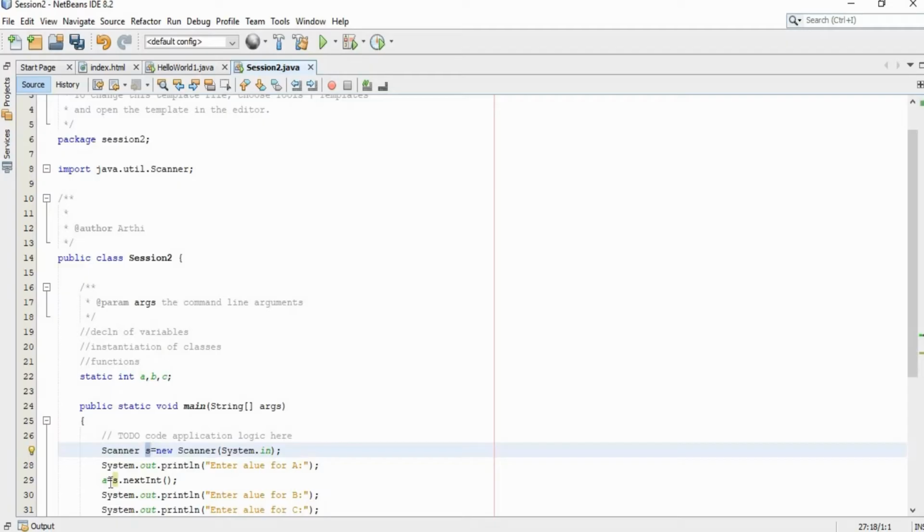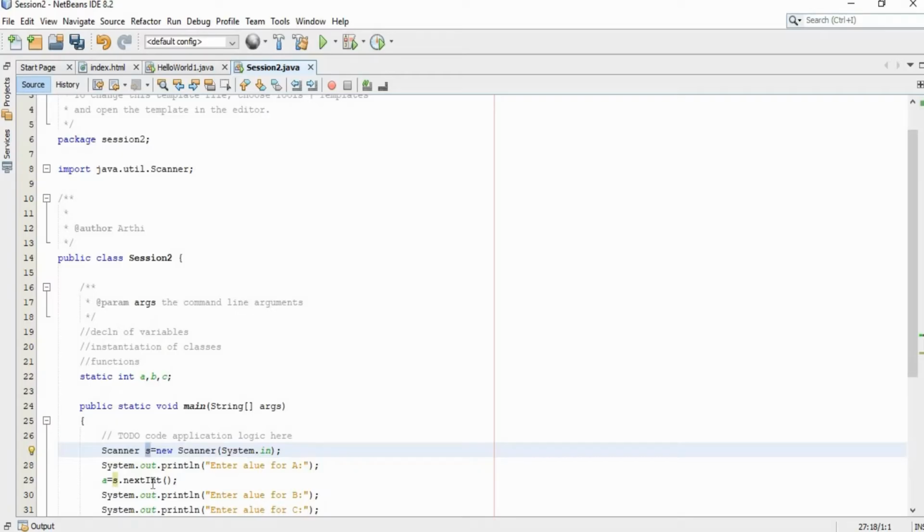What I am going to do is read an input value from the user. Here our object of the Scanner class is s, dot nextInt(). Why we call nextInt is that Java considers every value as a string.